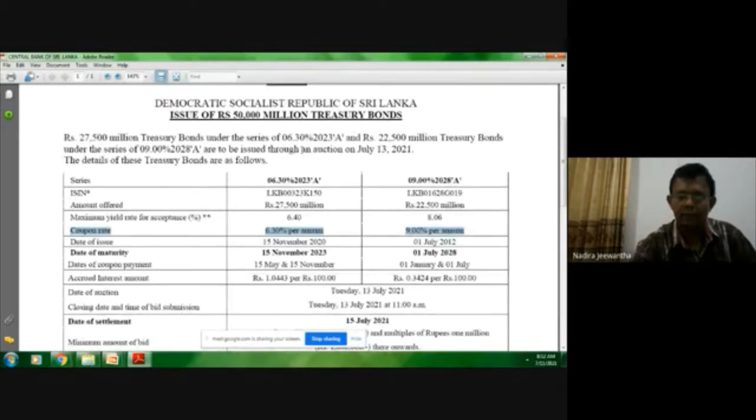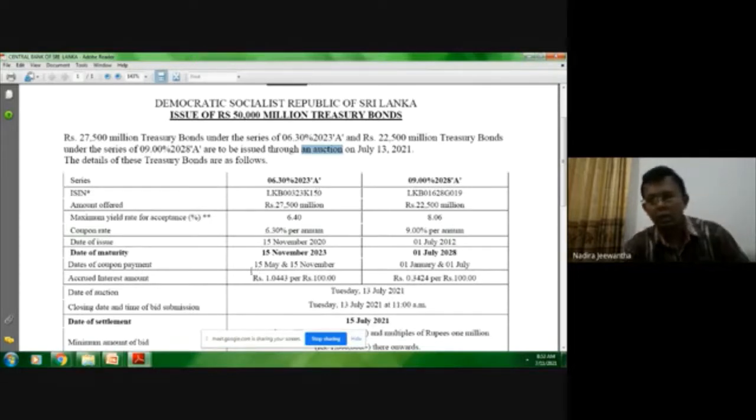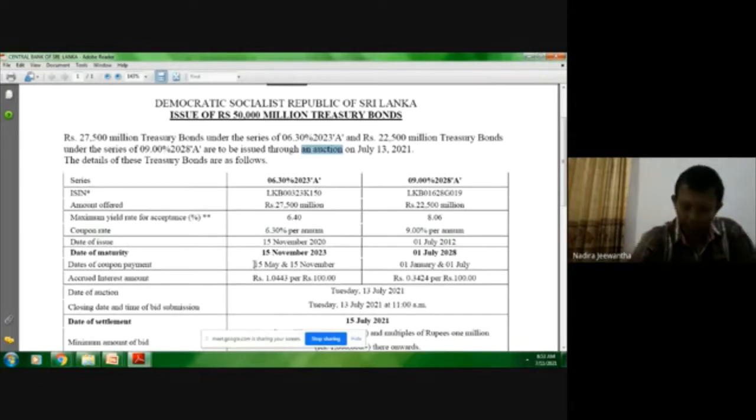This is the word: auction. Treasury bills and treasury bonds are auction based, so the primary dealers can put bids. Now we'll be learning how these rates are calculated by the Central Bank of Sri Lanka. But the only thing you have to identify and understand